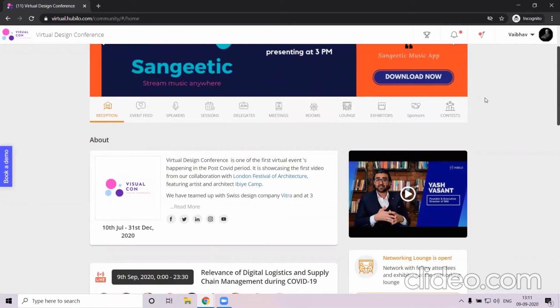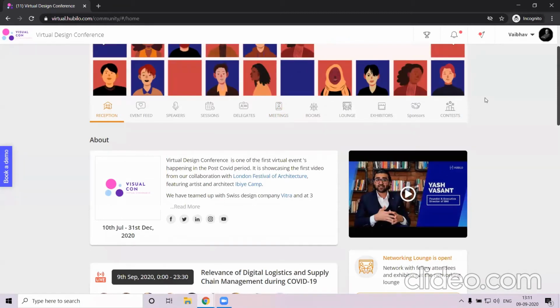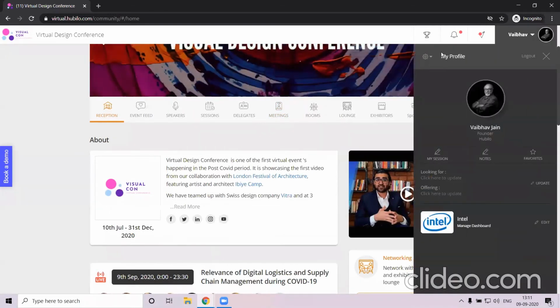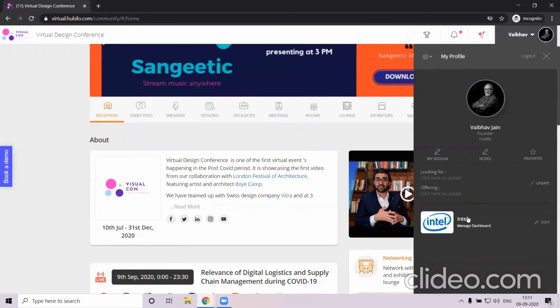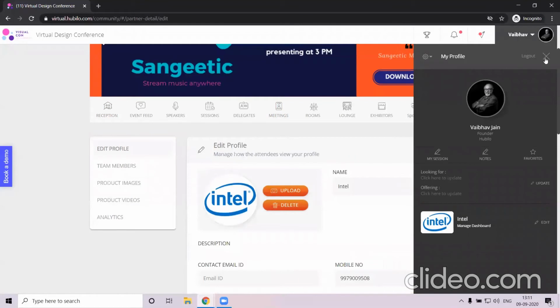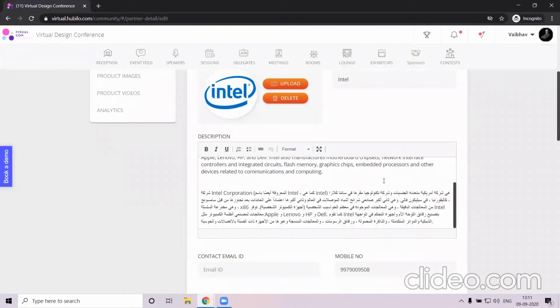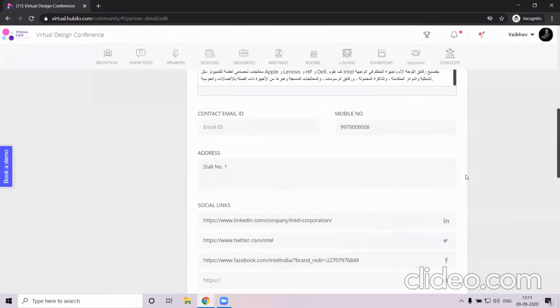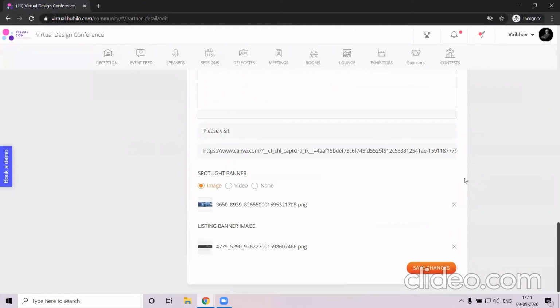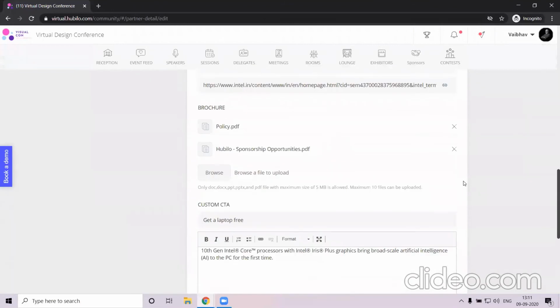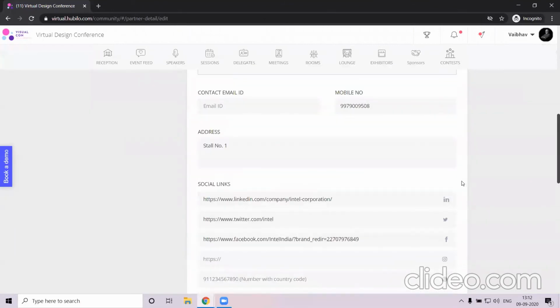So for that, what I've done is I've logged in to one of my other accounts, wherein I'm able to show you the perspective of an exhibitor as well. Over here, you'll notice that not only can I manage my own profile, I can actually manage the profile for the company that I'm representing as well. So when I click in, all of the info that you'd seen on the Intel page previously, that's all something that I'm able to manage and edit right from over here as an attendee, as a particular representing member of the community.